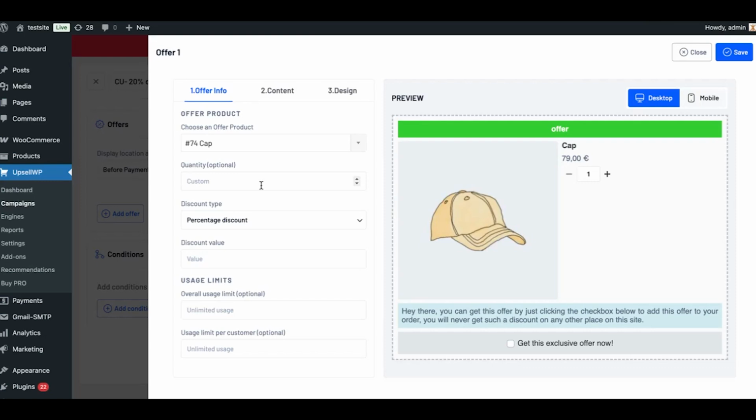You can choose if customers are supposed to get this upsell for a fixed quantity or have a quantity of their choice. And then comes discount type. Here you can choose a discount type for your upsell offers, which includes percentage discount, fixed discount, free, or no discount at all. You can choose any of them, but I'm just going to go for a percentage discount of